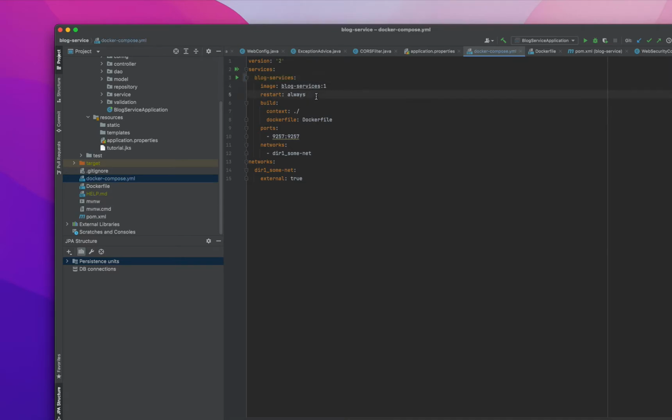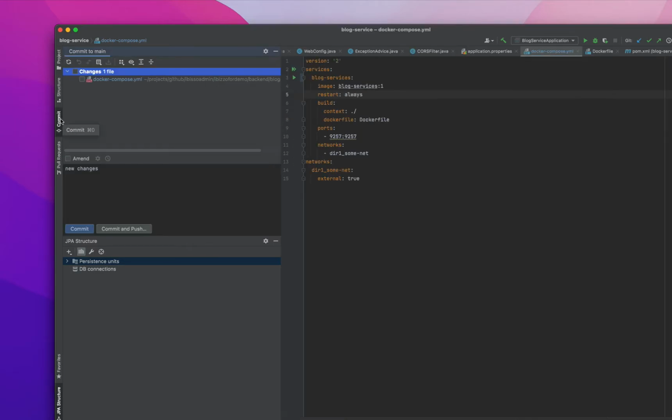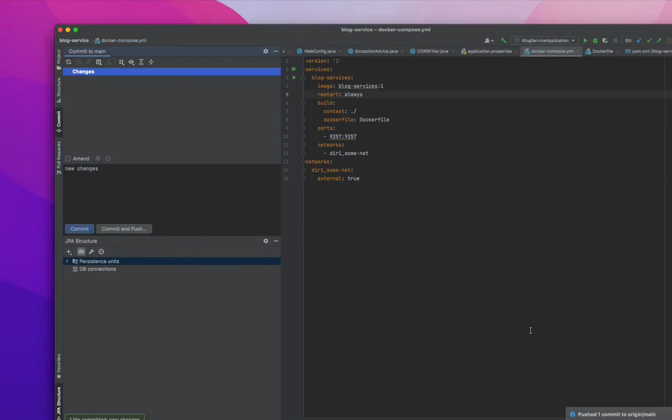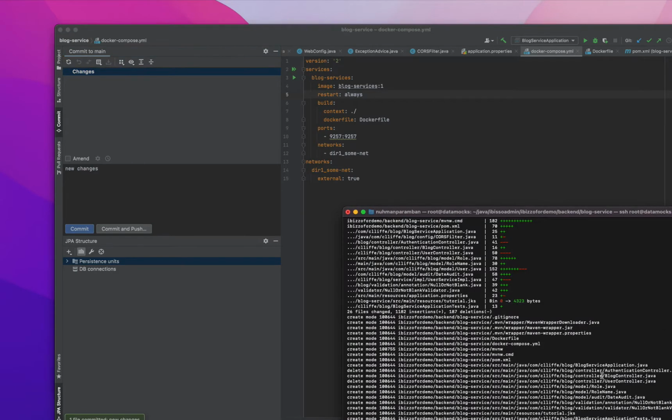Then I have the version, context.xml, everything is there, and right now I am trying to push that change into my Git, and we will take those changes here in our